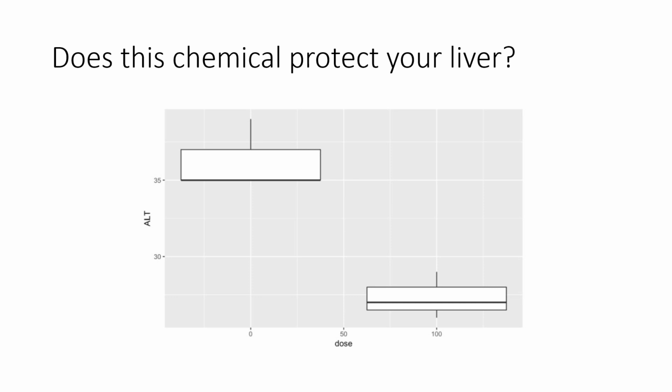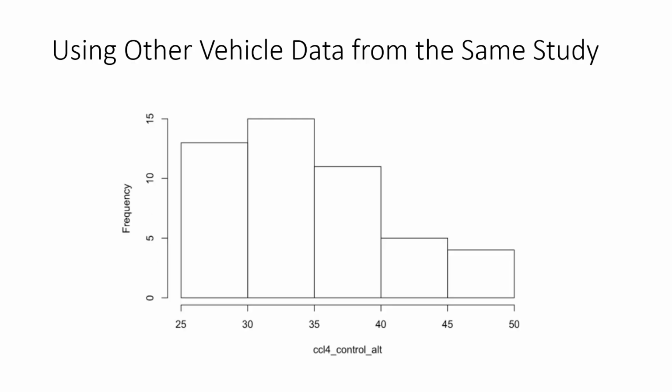But if you're a frequentist, you run this through your t-test, guess what happens? It comes out significantly different in your t-test. But a Bayesian would look at this and say, but I know that control spans such a large range. I just don't believe this. So what we would do as a Bayesian is we would use other vehicle data from the same study or other vehicle data that has been published for ALTs. And if we had a historical database of ALT values, which there are, a lot of companies keep that kind of information, they could actually do a Bayesian analysis